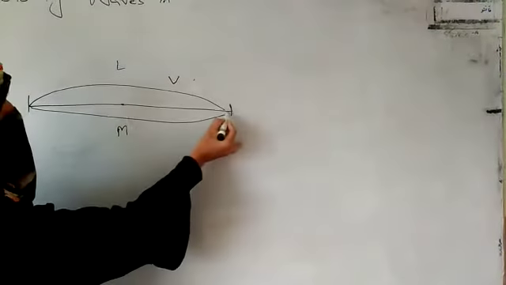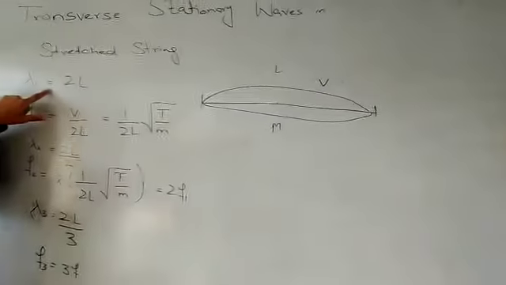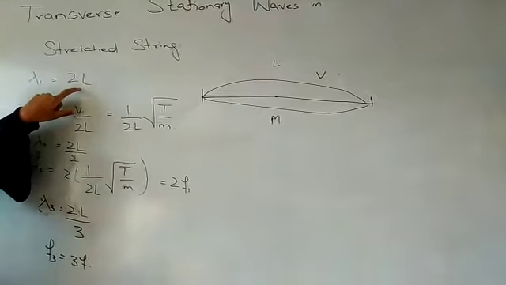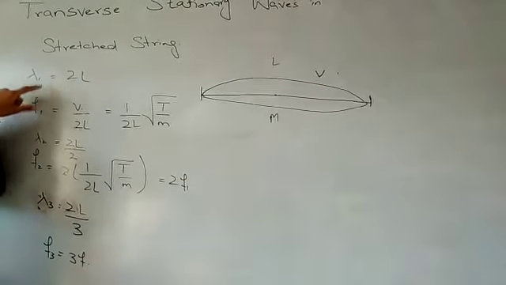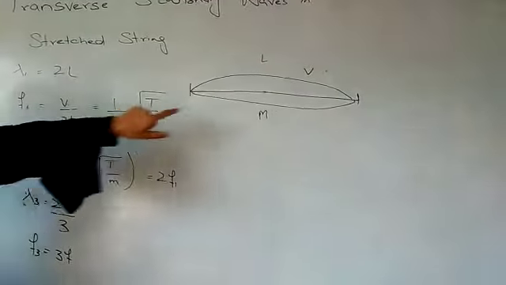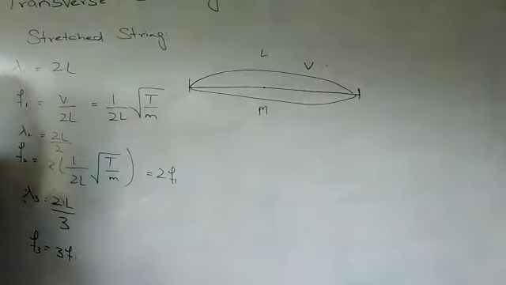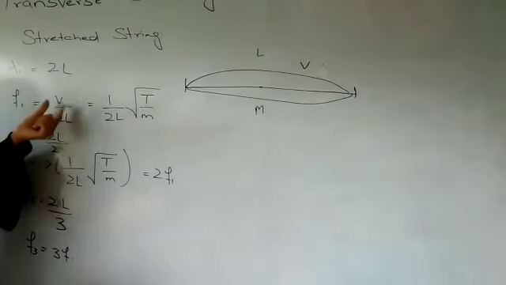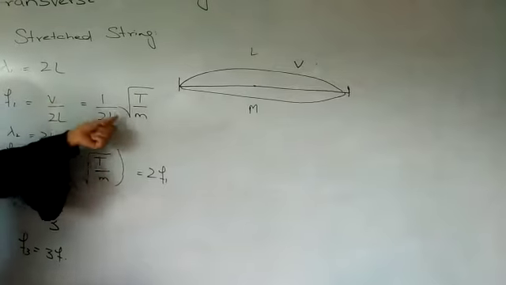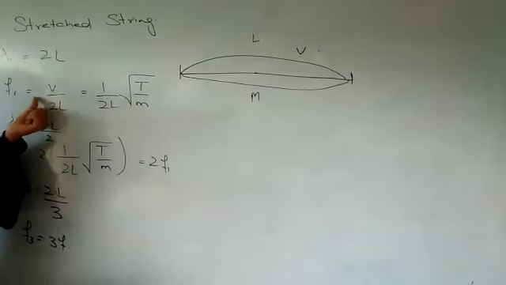a single loop. We write the expression of the wavelength. For this case, lambda 1 is equal to 2 times L, where L is the length of the string. This is the wavelength of the stationary wave generated inside the string when plucked at the center. Now we also write the expression of the frequency: f1 is equal to v divided by 2L. By putting the value of v, we get this expression for frequency,